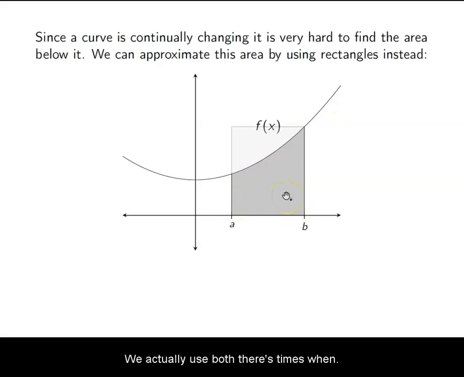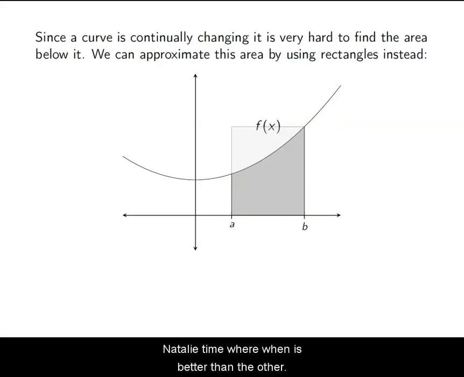So we actually use both. There's not really a time where one is better than the other, but it's important to make that distinction at this point that we can use the right hand side of our rectangle as the height, or we can use the left hand side of my rectangle to make the height of my